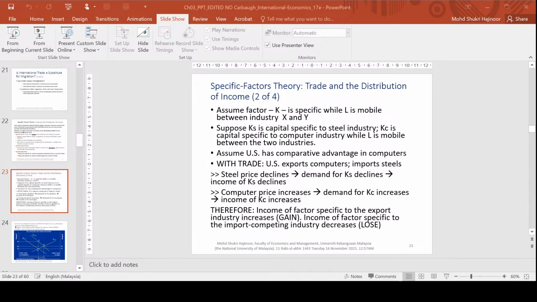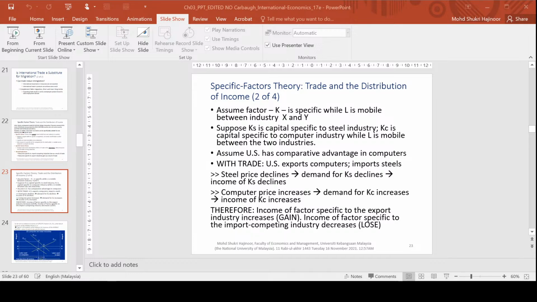Okay, make sure you understand this. The first case, S0 doesn't shift, maintained at S0, no change. Only the demand changes to the right. So from this intersection 2.0 to 2.5. The result is a widening of the wage ratio because of international trade and technological change.